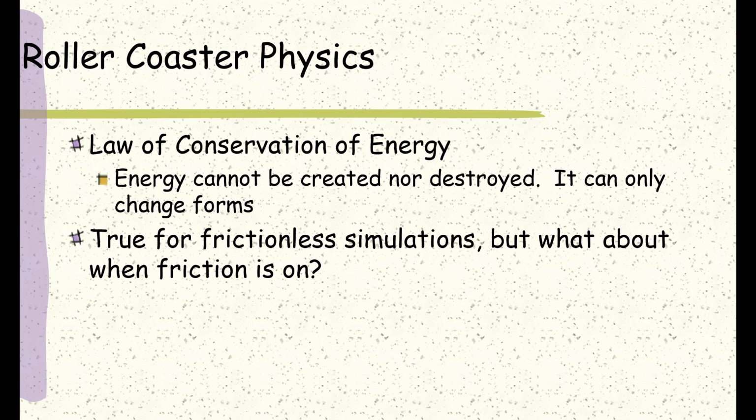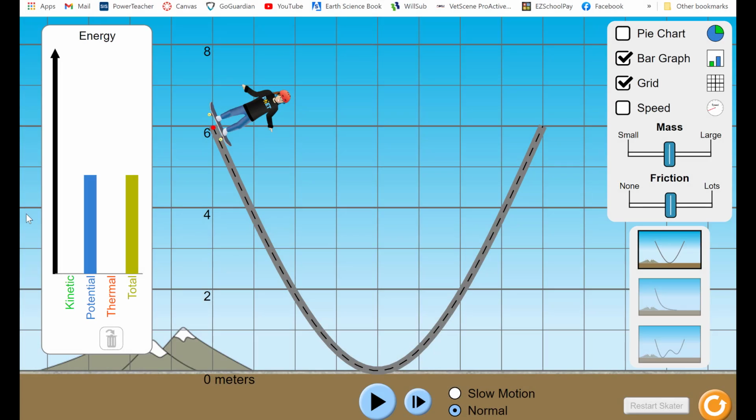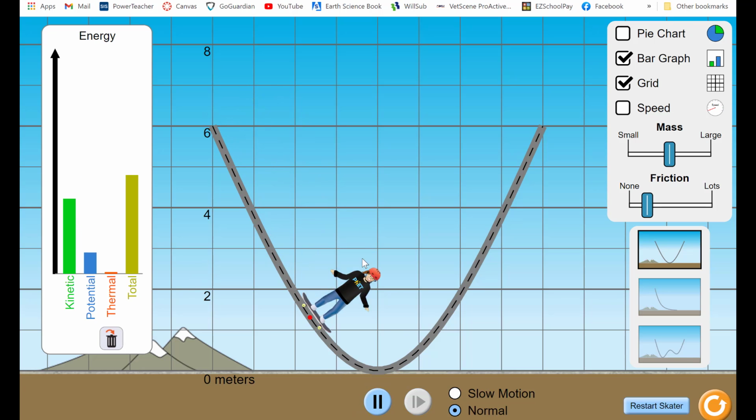But what about if we add friction? Okay, at this point, it was all frictionless. What if we actually go in and put friction into it? So let's find out. If we again start off with the skater up at 6, but we add in a little bit of friction, when we start to drop, we can see that it doesn't quite get as high on this side. And then it gets a little bit lower. And the amount of kinetic energy and the potential never reach back up to 3,000. So it would look as though that energy is being lost.